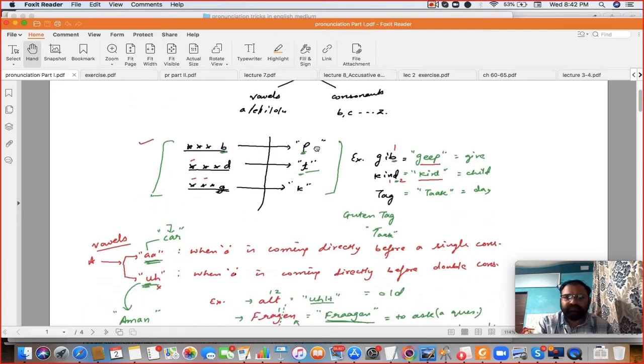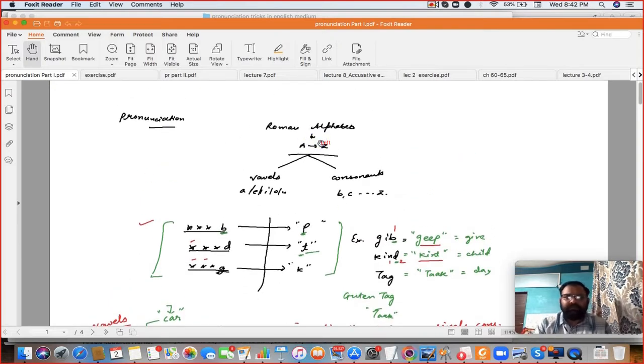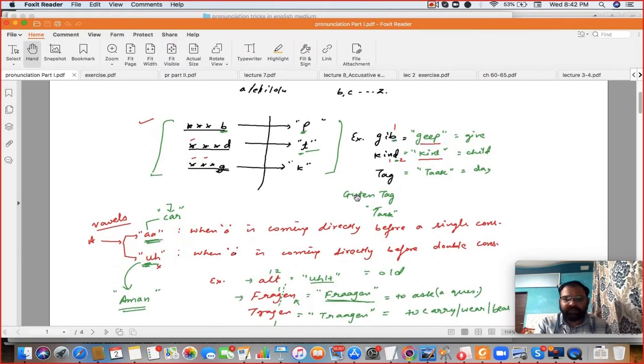So German, as you know, uses the same Roman set of alphabets from A till Z. We have two parts, vowels and consonants. The first part is vowels, A, E, I, O, U, and the remaining are consonants, B, C, D till Z, just like in English. So first of all, I am drawing one table.